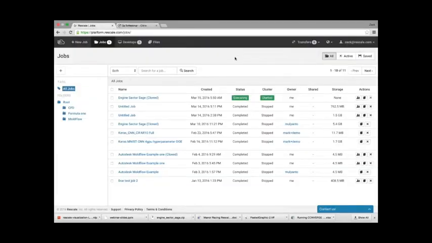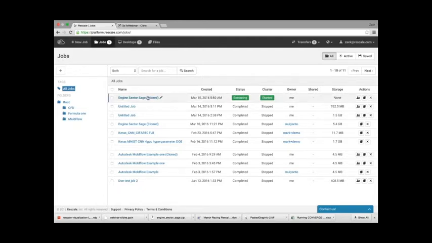This is the Rescale Web Interface, which you would have access to if you're an existing customer. Then you probably know it, and we'll show you some of the latest and greatest. If you're a new customer, then you will need to go to rescale.com and log in over there. This is a dashboard where users see their jobs, historical jobs that they've done, or jobs which are currently in execution. They can organize jobs in specific folders and share jobs with their colleagues across the globe.